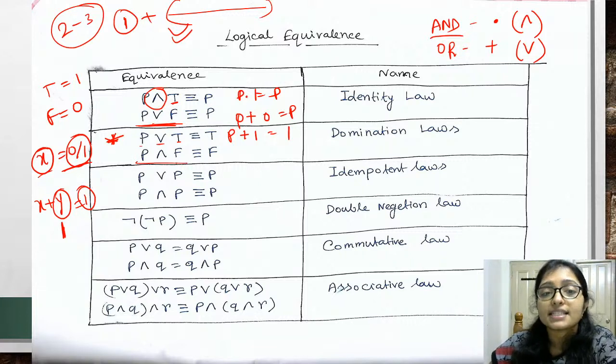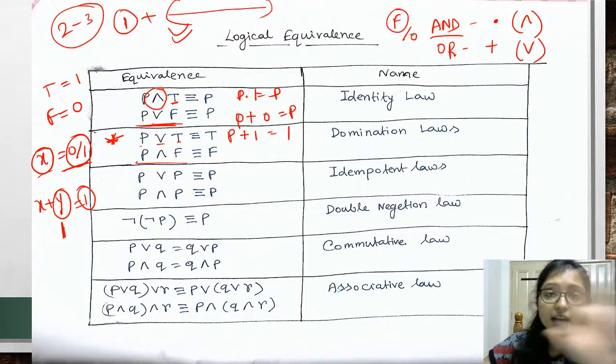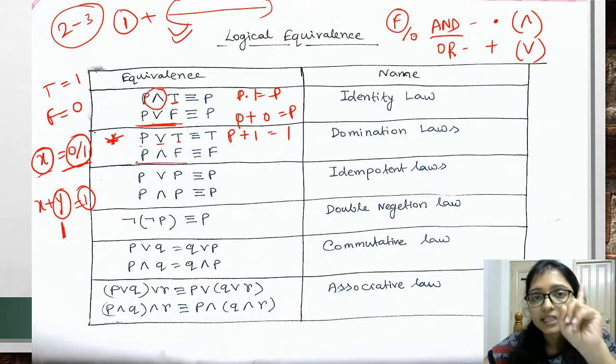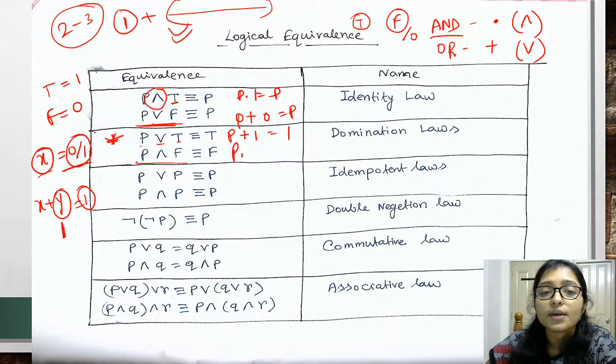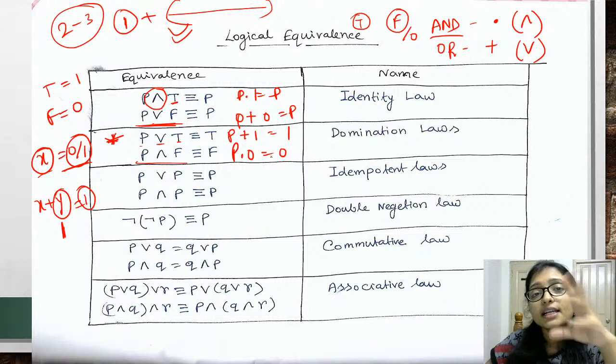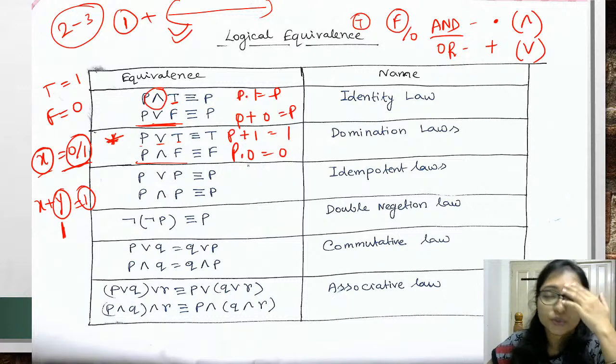And now AND means what? In the AND gate, if at least one is false, or 0, the total result will be 0, right? That is the AND gate. For the AND gate, only when all are true does it come out true. If at least one is false, then the final result is false, right? That's why P dot 0 is always 0. If you multiply 0 with anything, it can be infinite, anything, that is 0, right?